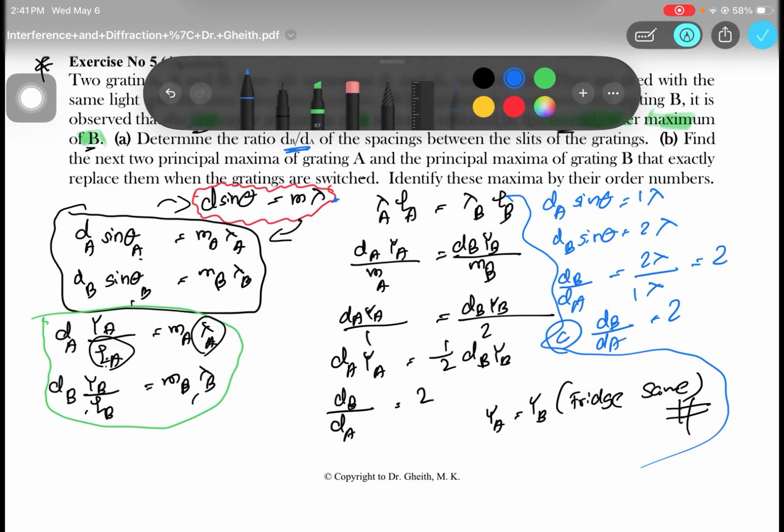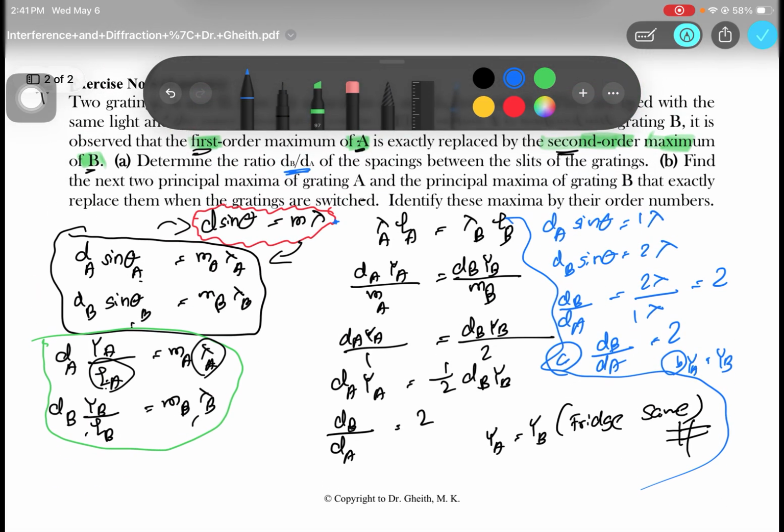Okay, for part B, find the next two principal maxima of gradient A and gradient B exactly replace. So for the second one, right here, you can just write 1A is equal to 1B for safe. Alright, if you don't know, or it's confusing, you can ask ChatGPT or any kind of AI, or you can ask your